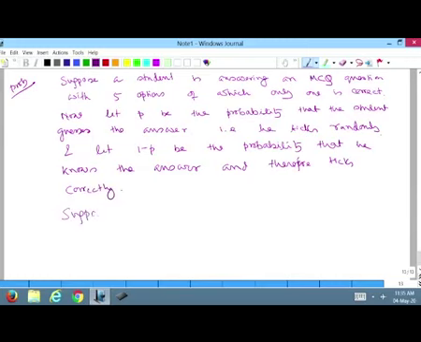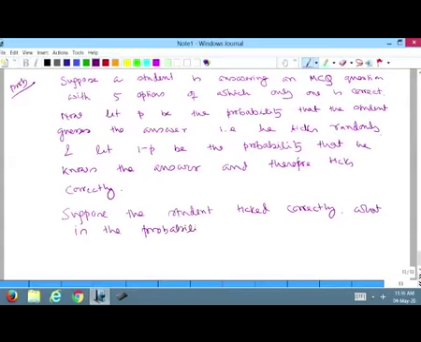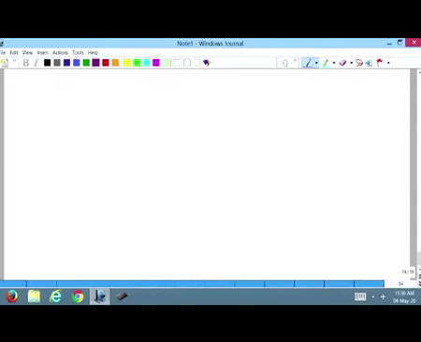Suppose the student ticked correctly. What is the probability that he guessed the answer? That is the question. Solution: